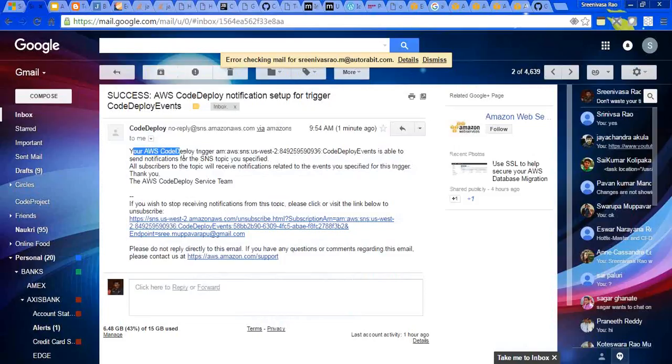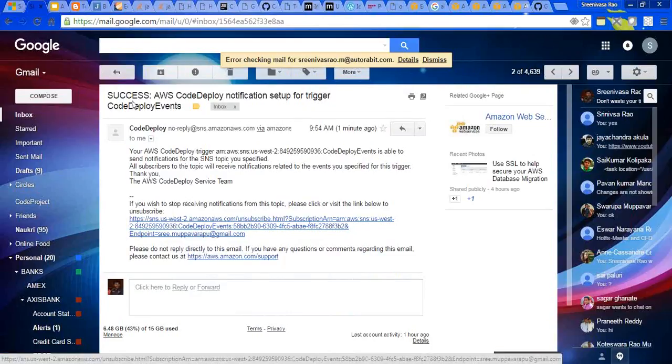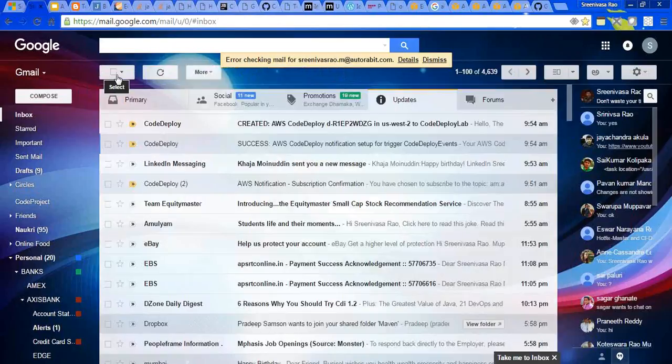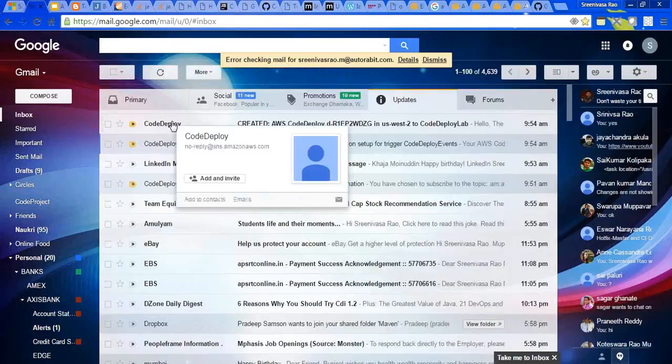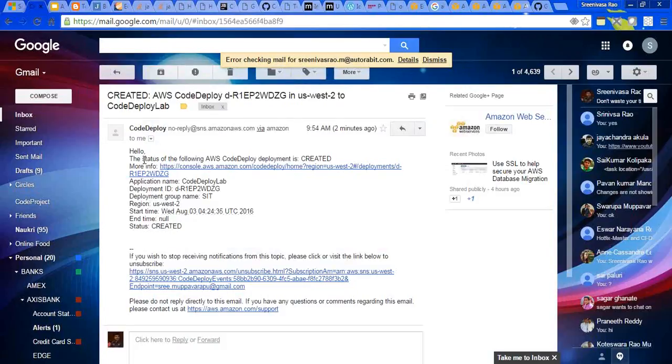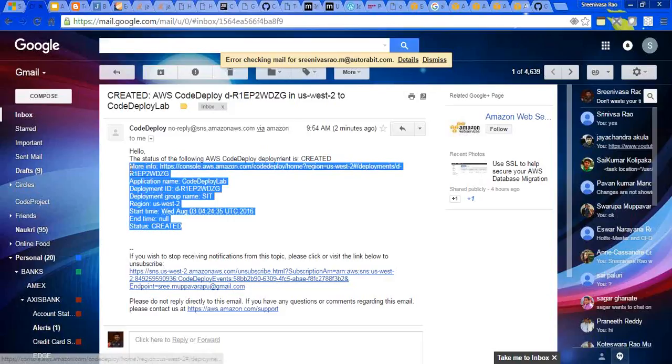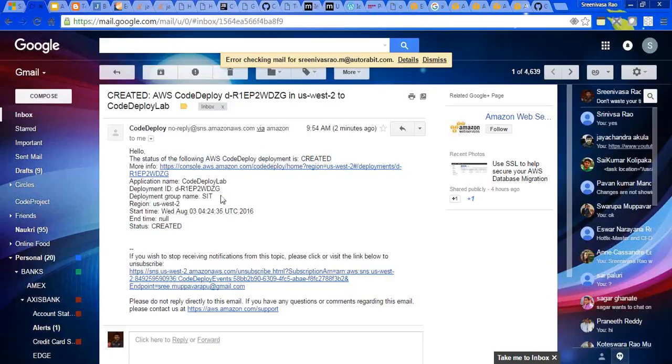So your AWS CodeDeploy trigger this one. CodeDeploy is able to send notifications for the SNS topic used. Okay, if you want to unsubscribe from here, you can unsubscribe here. Okay, and another also I received. Hello, the status of the following AWS CodeDeploy deployment is created. This is the first email once we trigger the deployment. Okay,